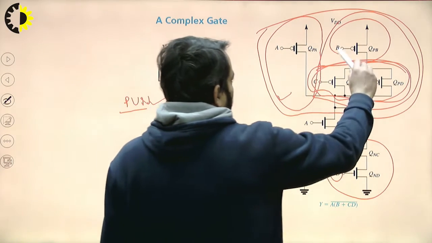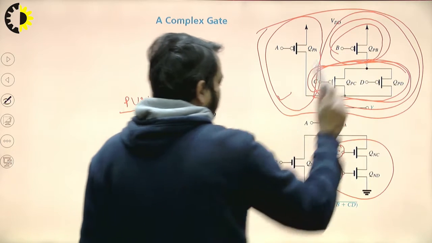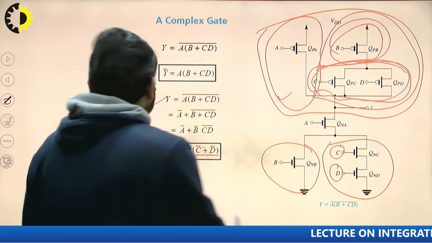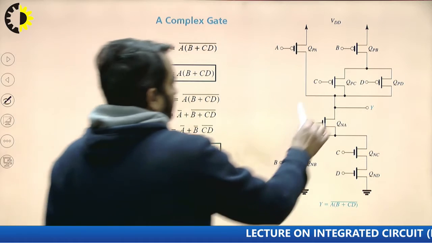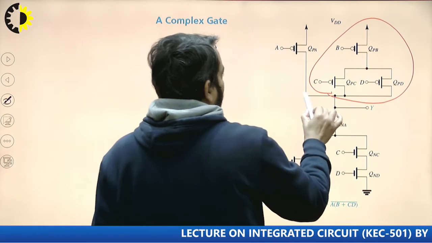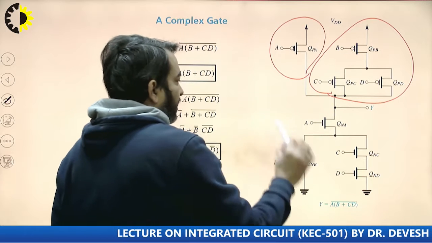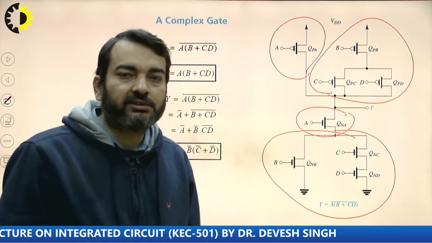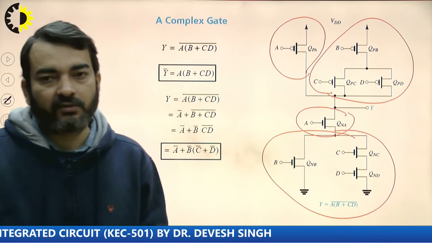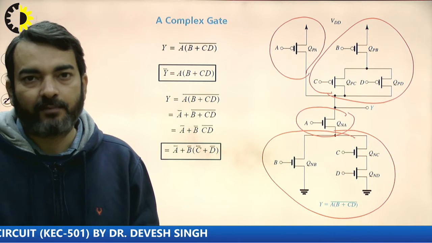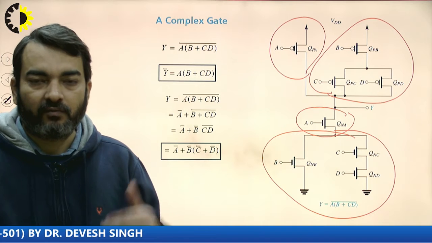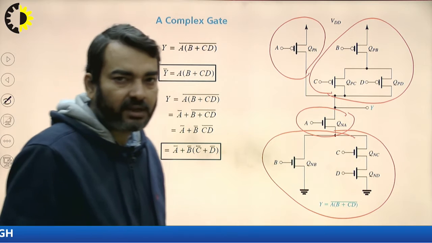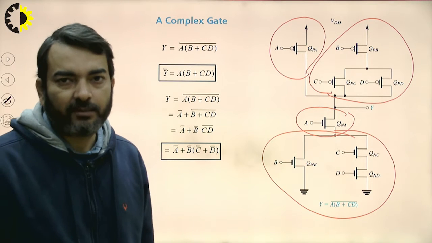Then this particular transistor, which is in series with this, is now replaced in parallel with this. And this complete network, which is in parallel with this transistor A, is now in series with this. So this is the simple application of duality. For complex functions, we can apply the duality principle. We will realize one function as a pull-up network or pull-down network, and we will get the second network by applying duality.